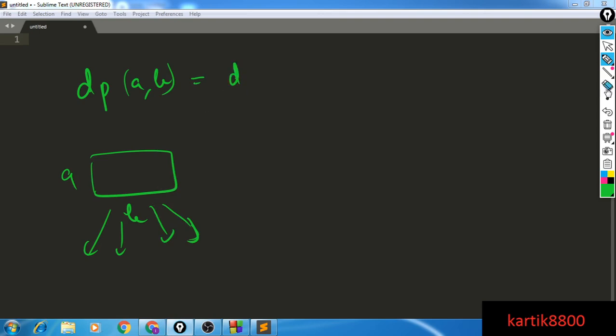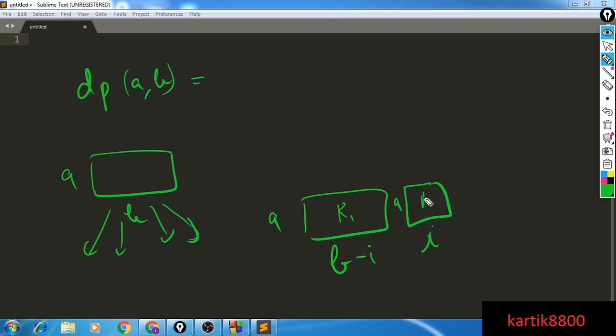If I make a vertical cut, I'll be left with two rectangles. One of the rectangles is going to be of size a cross b minus i, whereas the other will be of size a cross i, right? If I make a vertical cut at some position, I will be left with these two rectangles, R1 and R2. For making that cut, I'll be adding one operation, okay? And for the remainder, I would like to find out the minimum number of cuts you need to make for rectangle R1 to break into a bunch of squares, and similarly for R2.